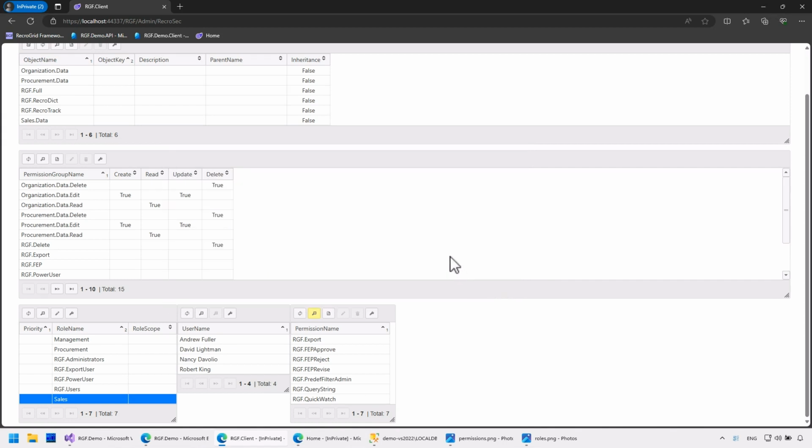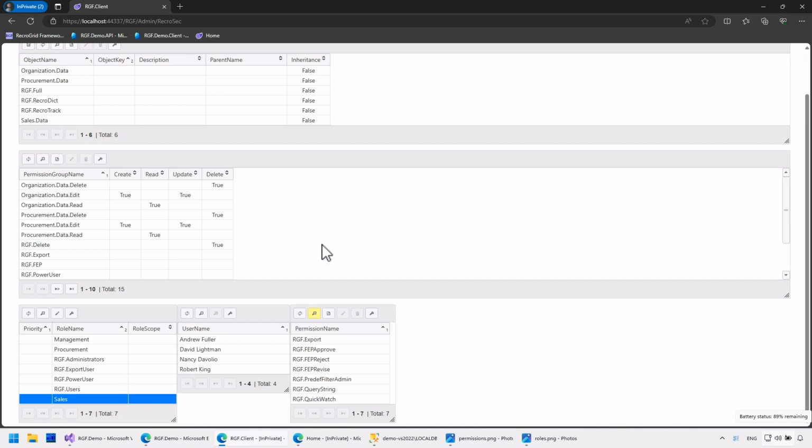Let's pause for a moment at this point. I assume by now everyone has figured out why there are 3 tables. The permission groups contain the permissions themselves. These are assigned to different objects, so the permissions available to objects are not dependent on users or their permissions. Recrosic knows what access is possible to an object. If the requested access is available, it will only then check whether the user or role has that access.